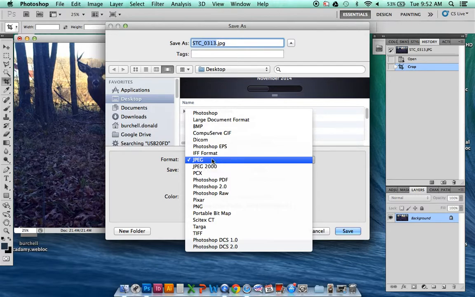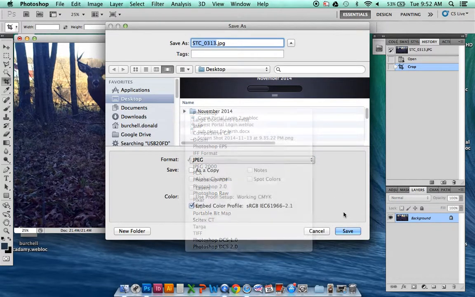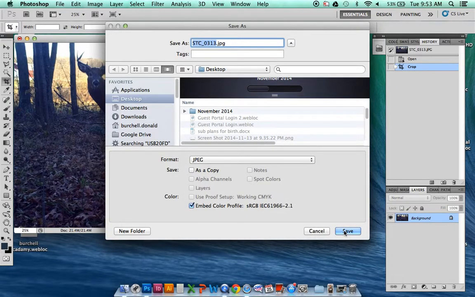If you're not done, save it as a Photoshop document. Photoshop will save and retain all those layers and all those things that you're doing, and you can continue to work on it later. We're done. And so I'm just going to keep it as a JPEG, and that's it. Okay? When I'm done, I click Save, and I've just opened, saved, and